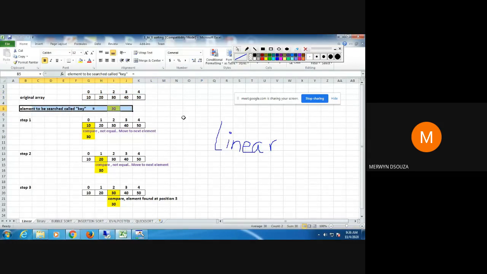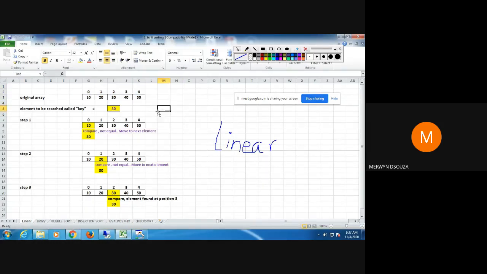And we are calling the element to be searched the key. You need not call it key, you can use any variable name, but we are calling it key. And we want to search for the value 30. We want to check whether 30 is present in the array or not. You can already see visually that 30 is there in the array.